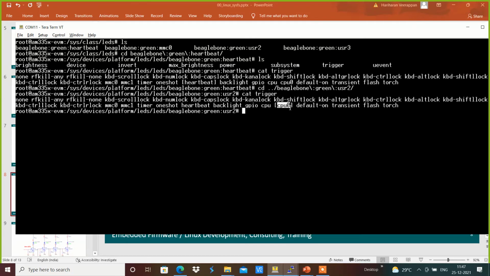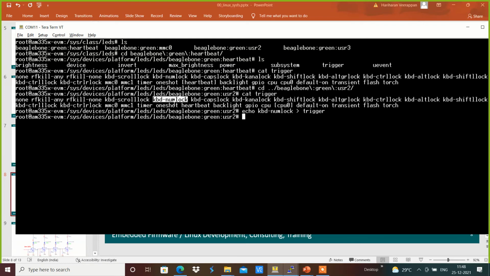Or if we wanted to link to any of the triggers, for example, I am going to use echo keyboard numlock as a trigger, so that whenever a numlock has been created, then this user 2 LED will glow accordingly.